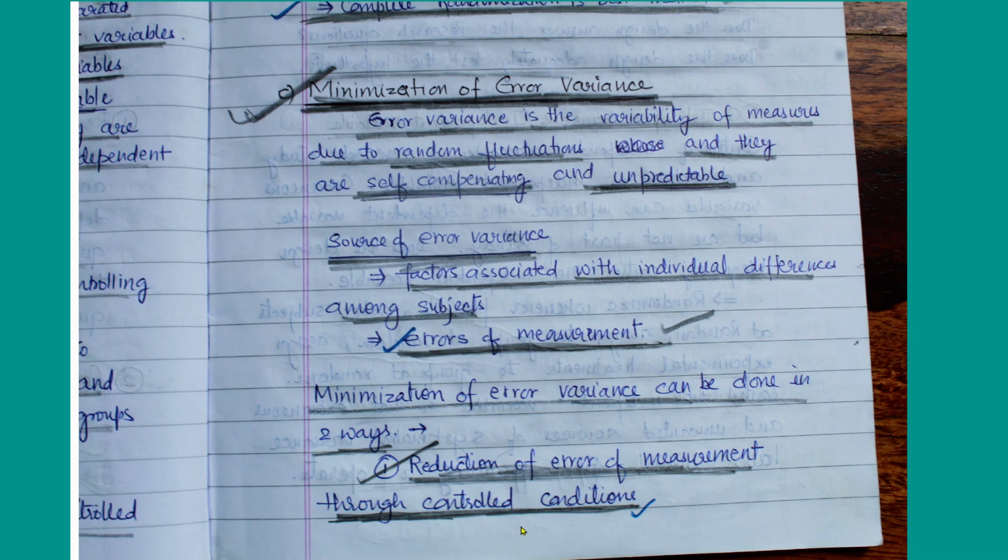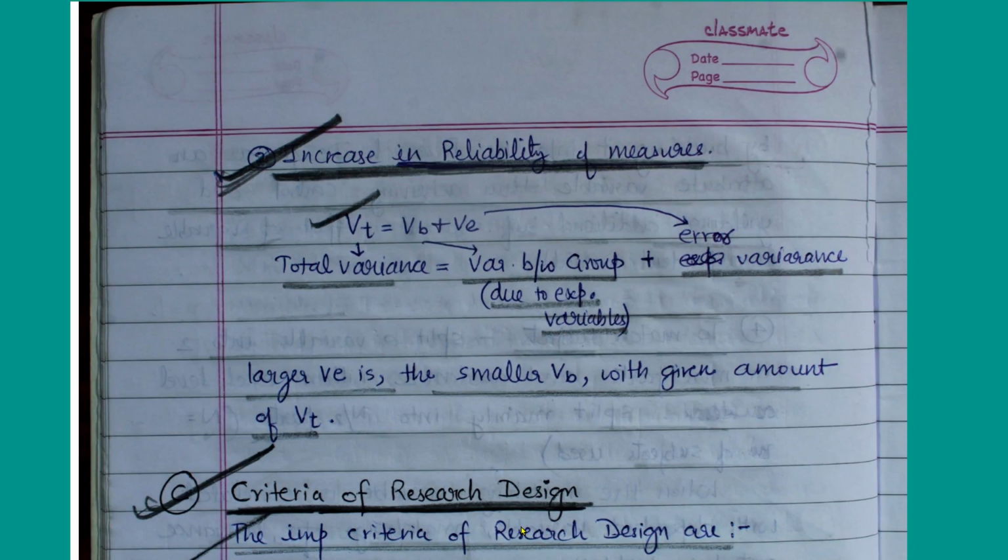First thing is you should have controlled conditions, so that the effect of other variables or your errors should not come into the respondents or your exact data. Second is increase in reliability of measures. We will look into it when we read reliability and validity in our upcoming modules. You have to increase the validity and reliability of your measures. Suppose you are using a scale, you have to use a scale whose reliability has been tested, a valid scale that has been published. Then you have to select those scales.